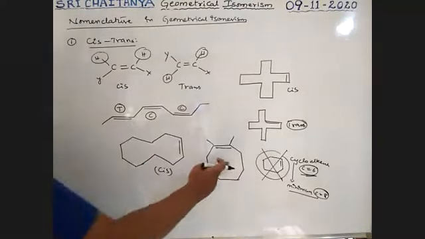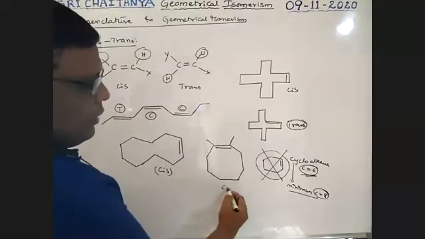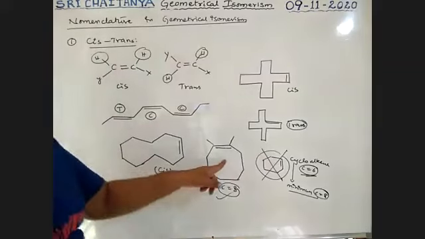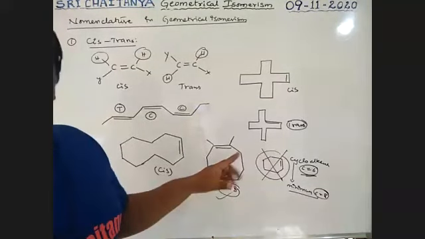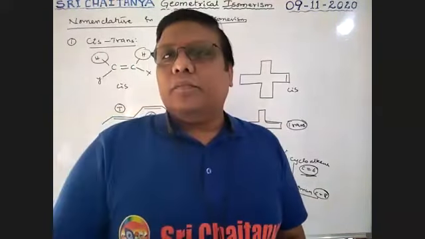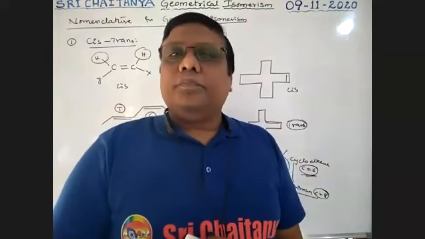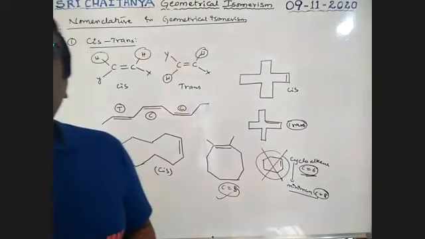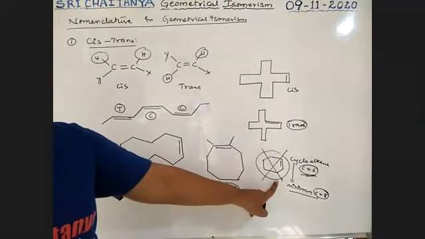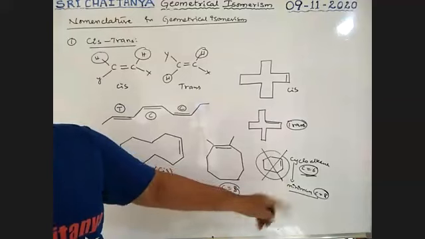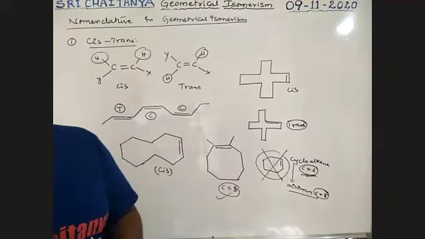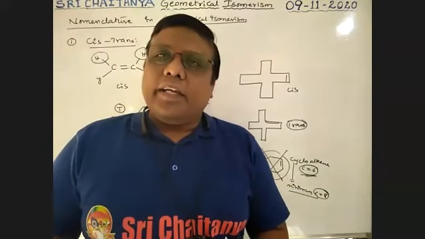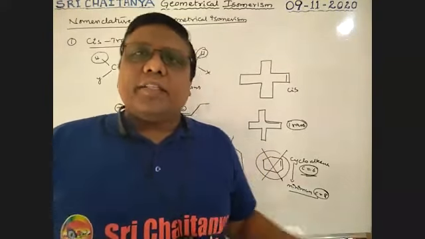So see here, what about this 8 carbon one? With carbon number 8, geometrical isomerism is possible, even though it is an alkene in a ring. The minimum carbons required is 8. So the smaller ring doesn't exhibit geometrical isomerism, even though it is an alkene. The minimum carbons required to exhibit geometrical isomerism is 8, that is why it is not possible, boys.